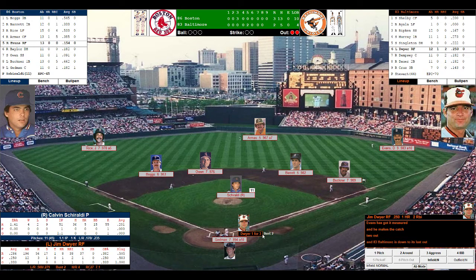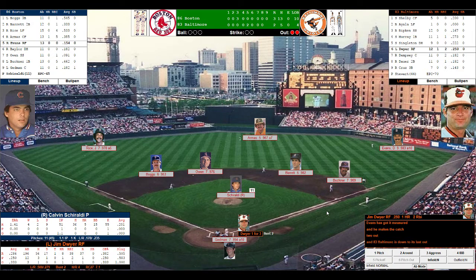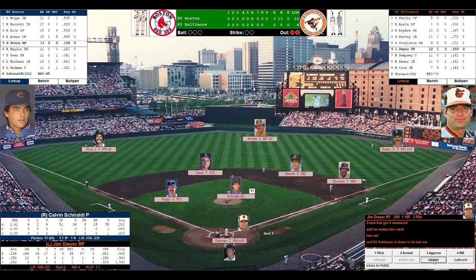And here comes that man, Jim Dwyer. He homered off Oil Can Boyd back in the 5th. If he does it again, we have a tie ball game. Red Sox fans don't want to hear that. Again, the Red Sox will guard the lines in the infield.